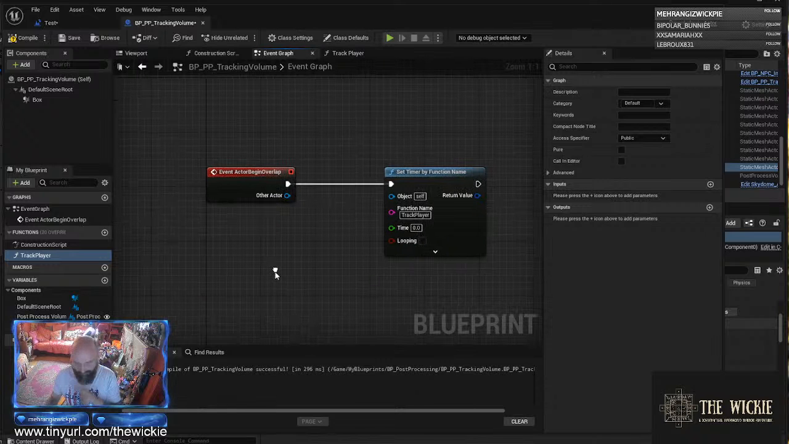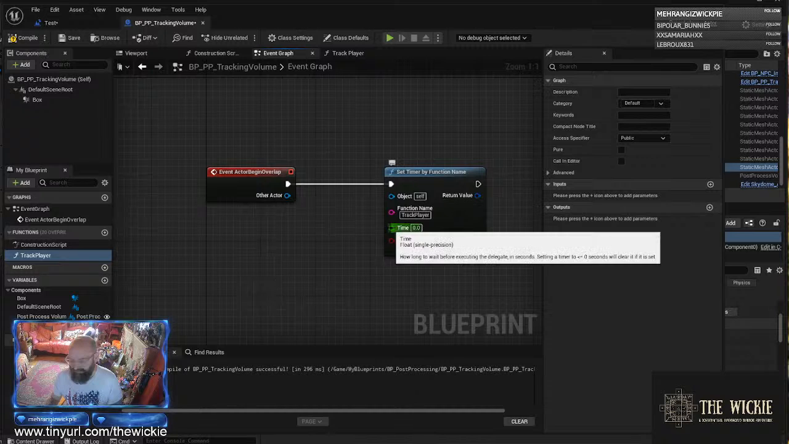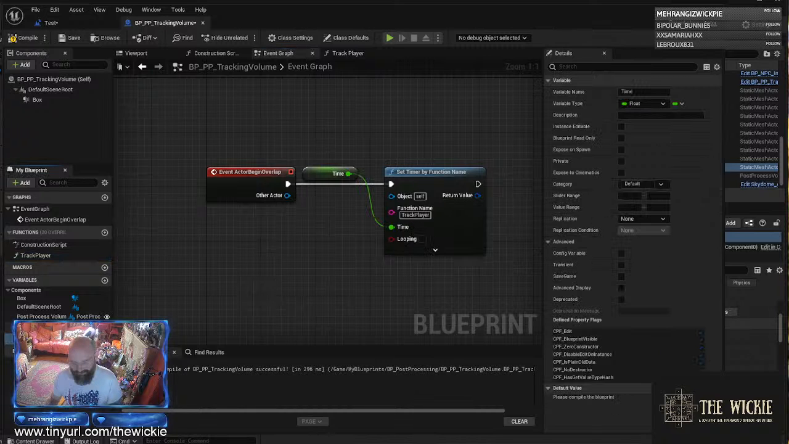Now we could do with a timer. So promote to variable, okay, and we're going to call this timer interval. Okay, now that's a float at the minute, and let's give it a default value because it needs to be above 0, otherwise that's no good to us. So